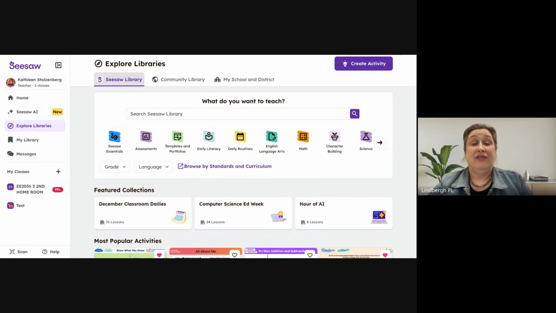Now, when you find something you like, click the heart. Even if you're not going to use it right away and you think, oh, this is going to be great down the line, click that heart. What that does is take that activity, whether it's a SeeSaw, a community, or a Lindbergh activity, and put it in your My School so that you can very easily find it. And yes,